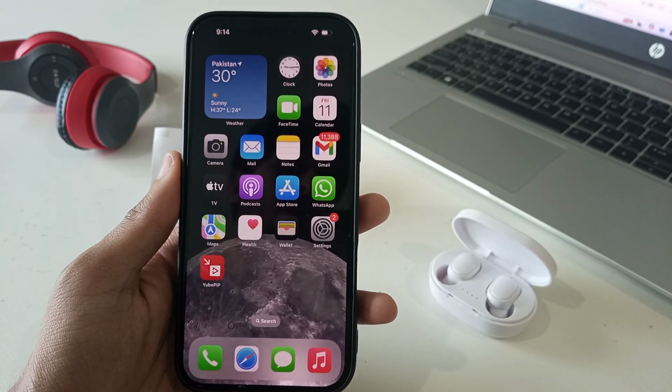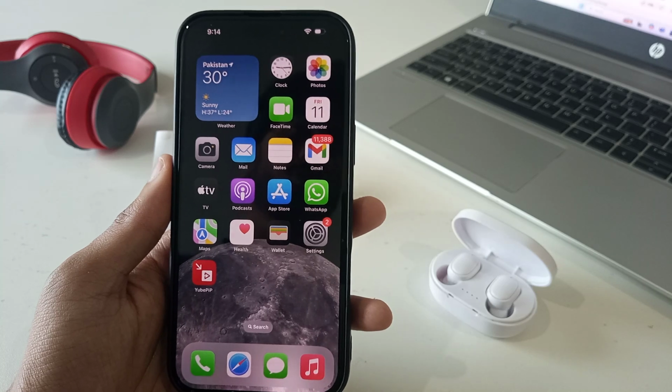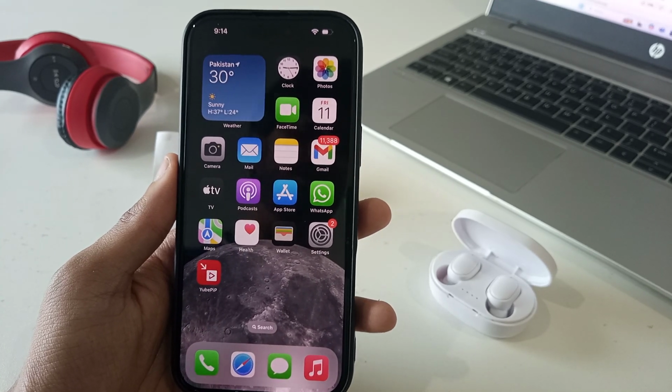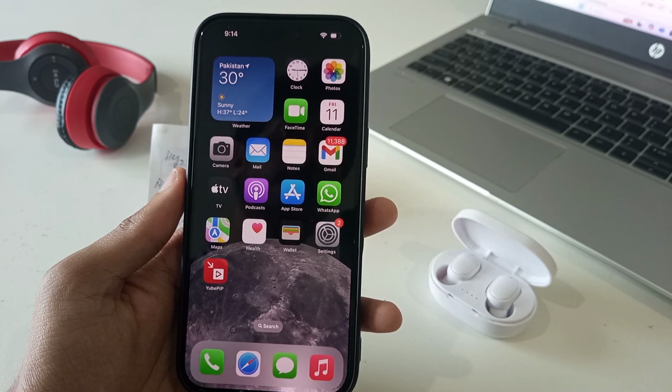Hello everyone, welcome back to the channel, and today we'll be discussing how you can scan your text in your iPhone. So this option is available if you have upgraded to iOS 15, and in my case I have the